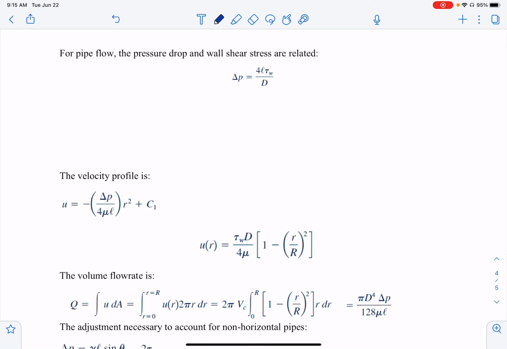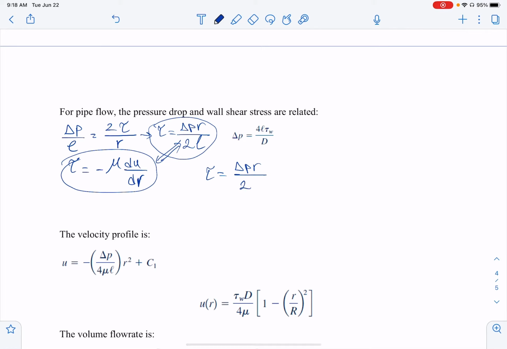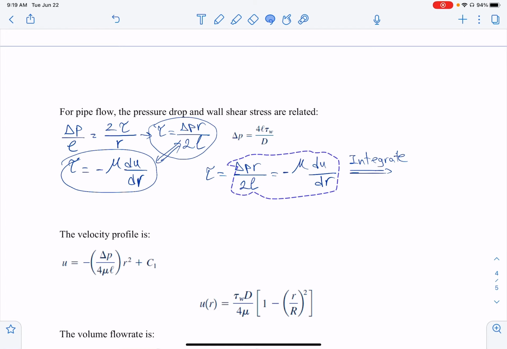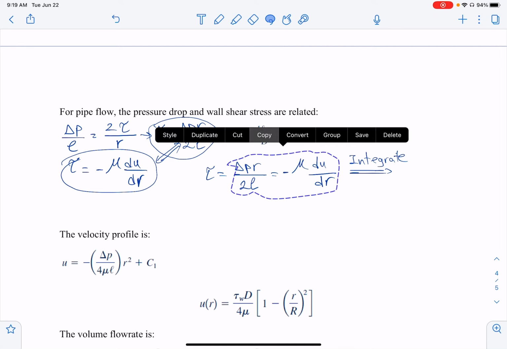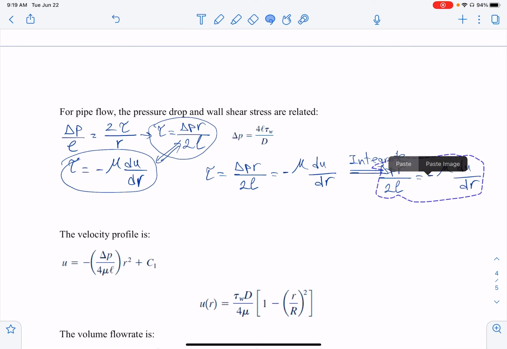So we can say that these two are equal, right? So then it means that tau is equal to del P R over 2L, which is equal to minus mu du dr, right? And then if we integrate that,